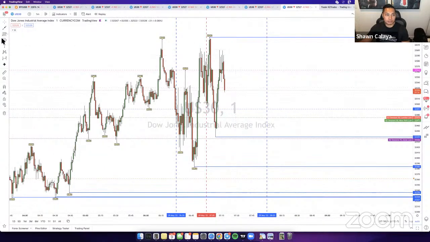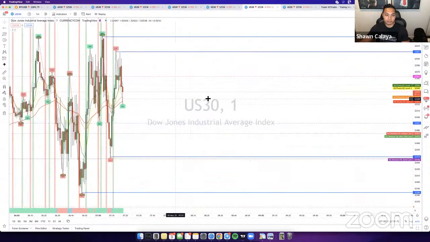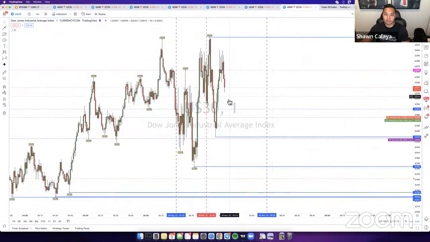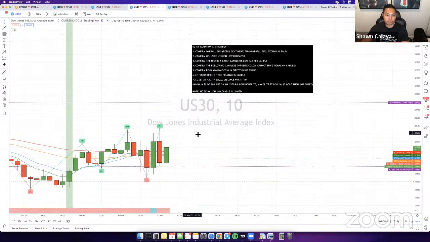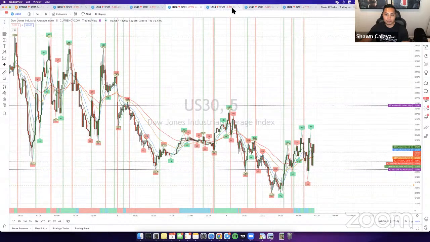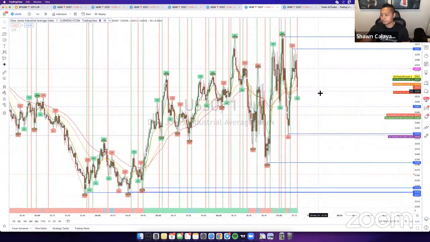So look where price is going. It's coming right back down, right? So pretty much all the people here who are buying the dip are getting burnt again. It's the same pattern. The people who keep trying to buy when price dips below are just getting burnt because they think price is going to go super high, but it's not. It's just coming right back down. There's nothing here off the 10-minute, unfortunately. I'm really trying hard to catch a trade here, but I'm also trying not to FOMO into any bad trades. So there's nothing here, nothing off the 5, nothing off the 3, and nothing off the 1.